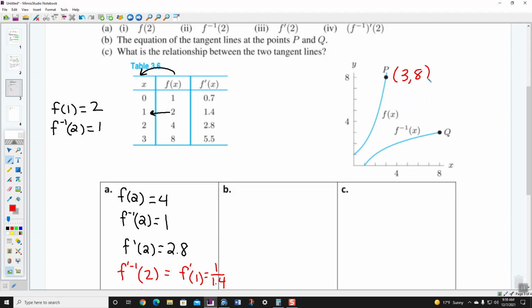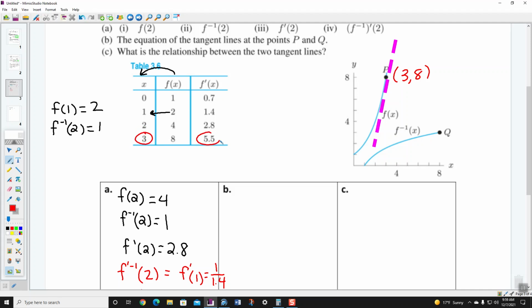Okay, so that means, kids, we probably need to know the derivative at what x value? This table is telling you the derivative at x equals 3 is what? 5.5. So if I drew a line of tangency right here at (3, 8), this table's already given us the information we need. They are telling you the slope of that line right there is how much? 5.5, right? From this table, at x equals 3,